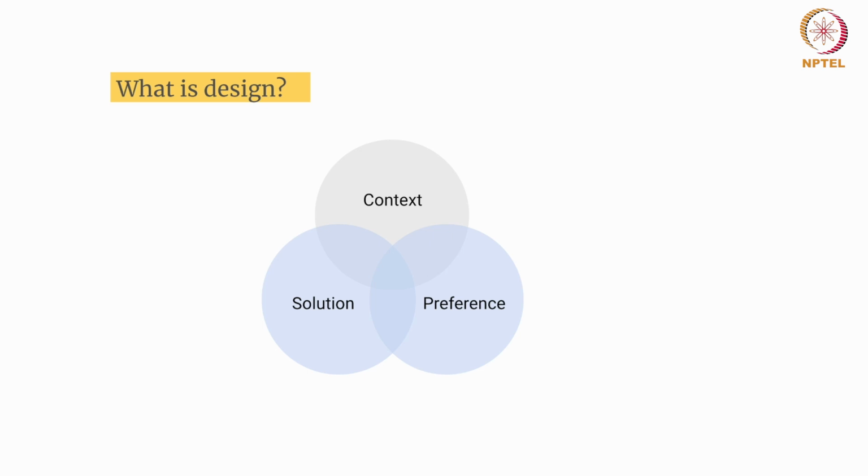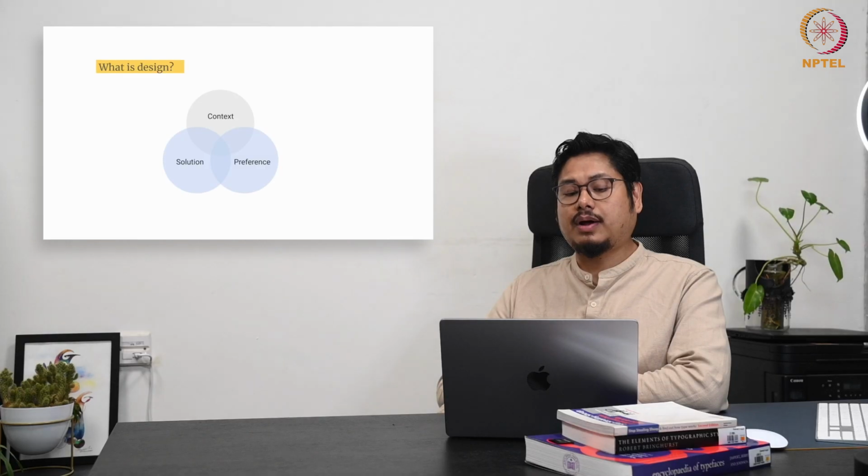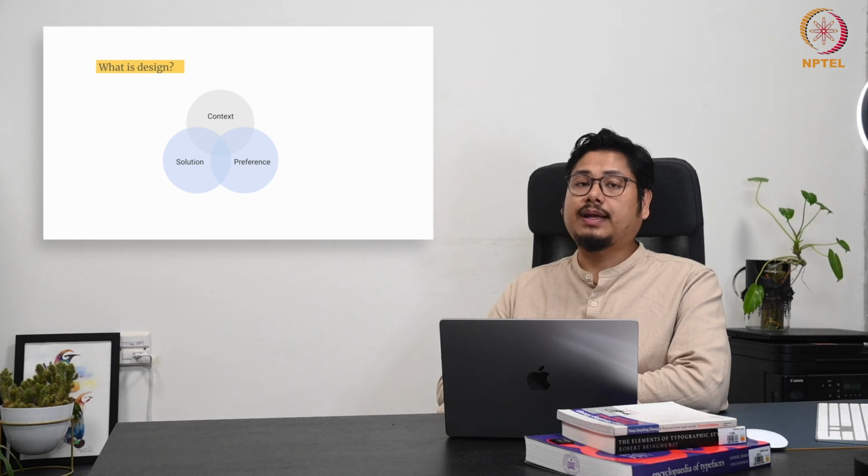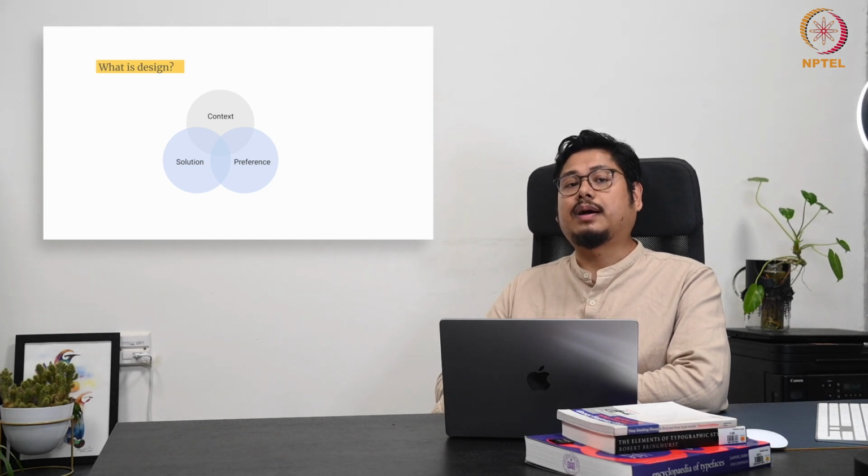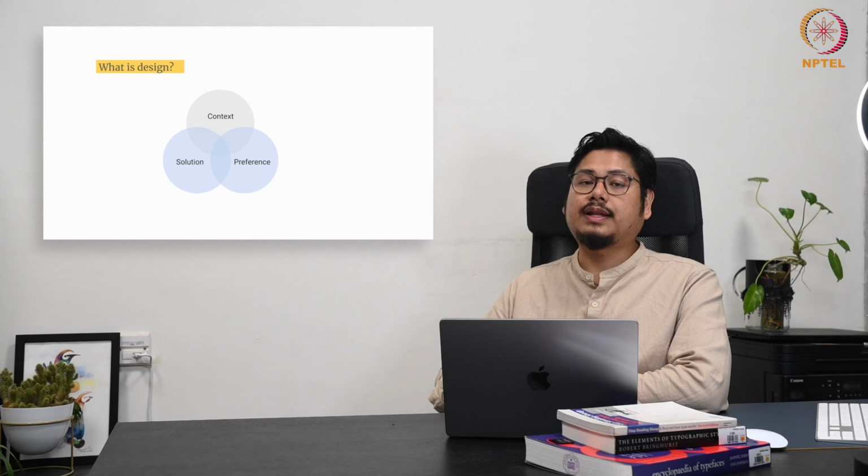Next is preference. Even if you're creating any kind of solution, you have to also understand whether those solutions are preferred or not. I will give you a small example of how this can change. When you consider any kind of sitting furniture, all sitting furniture is not the same. In an outside environment, stools are used. If you see street vendors, you can see stools are primarily used for their sitting